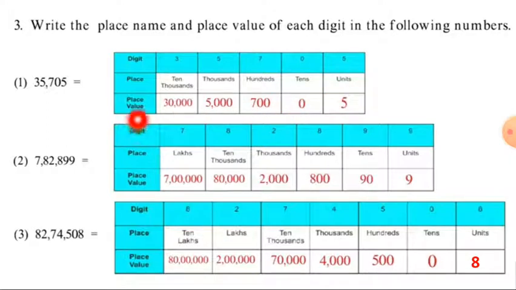After that, in the third row, you will write the place value. Now, the place value of 3 is how much? 10,000. So it will become 30,000. Then 5 is at 1,000 place, so it will be 5,000. 7 is at 100 place, so it is 700. At tens place 0 is there, so we will write 0. And at unit place 5 is there, so we will write 5 as it is. Now leave one line and copy the next sum, which is